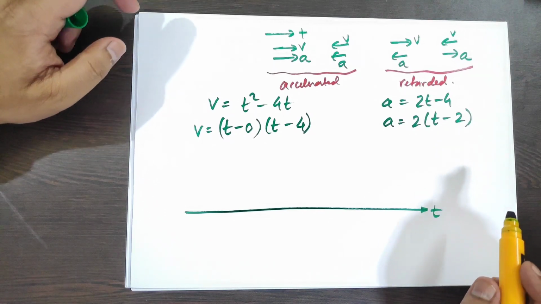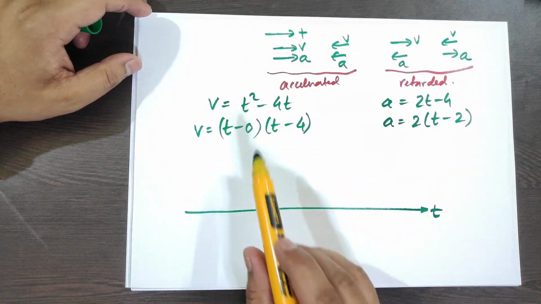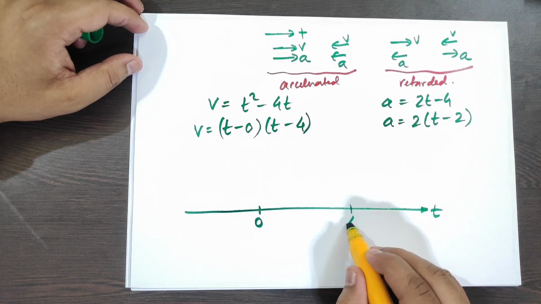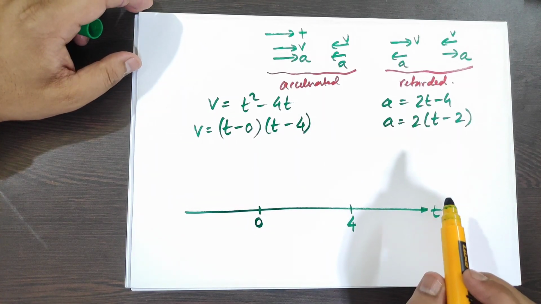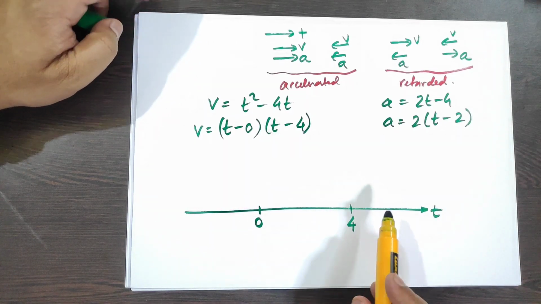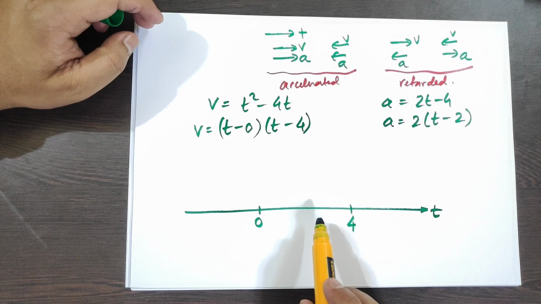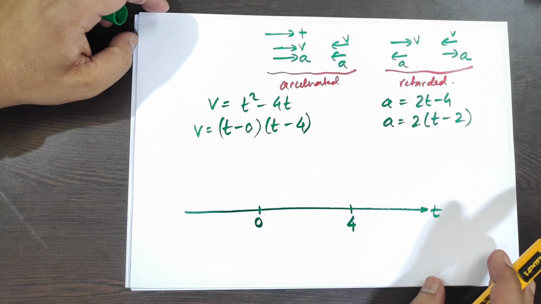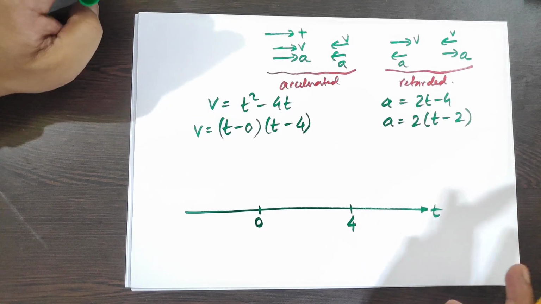This is time. See, here you have 0, so put 0 here, 4 here. Okay,